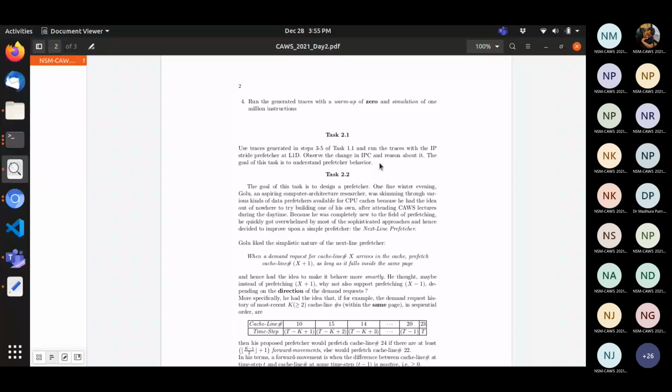Adding a prefetcher in my case didn't improve the IPC in any way. For all the working sets? Yes, sir, I'm pretty sure for all the working sets. Oh, that's kind of strange. I seem to be getting the same results. Okay, what kind of program did you give? Was there any locality, any predictable access pattern? Sir, I only wrote the question for task 2.2. Okay, so it's Yasika's thing, is it?